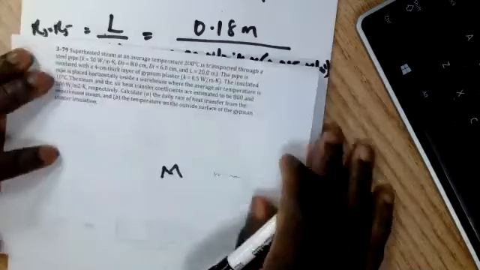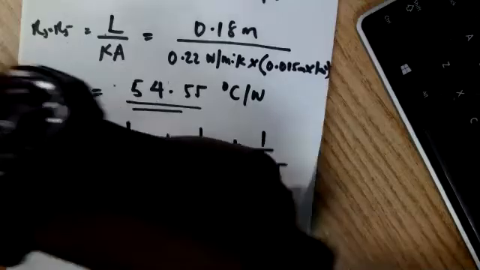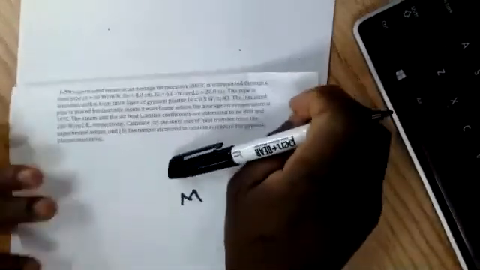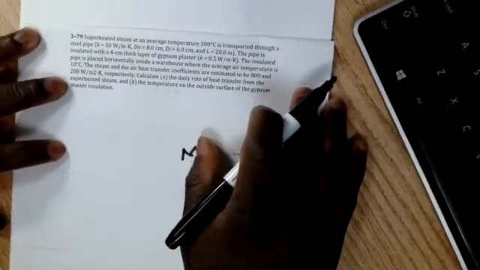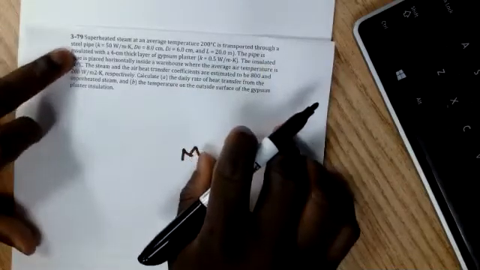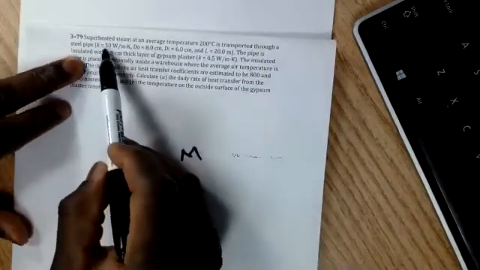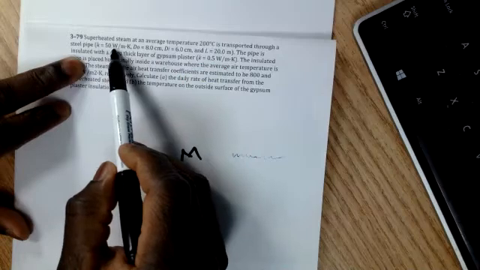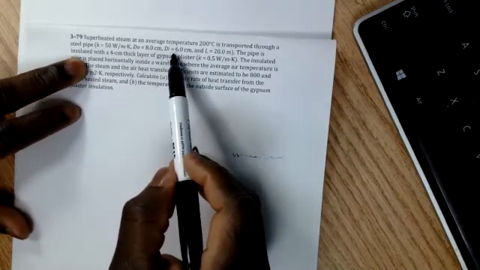Okay, so this question says, let me get a fresh piece of paper. Superheated steam at an average temperature of 200 degrees Celsius is transported through a steel pipe. Okay, and these are the dimensions for the pipe. This is the thermal conductivity of the material in the pipe, the outside diameter, inside diameter, and the length of